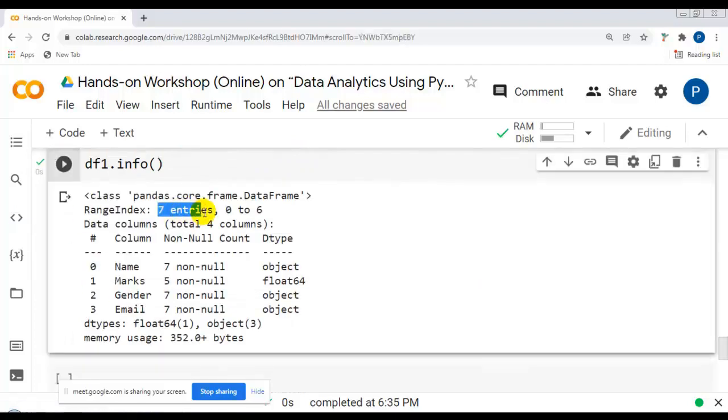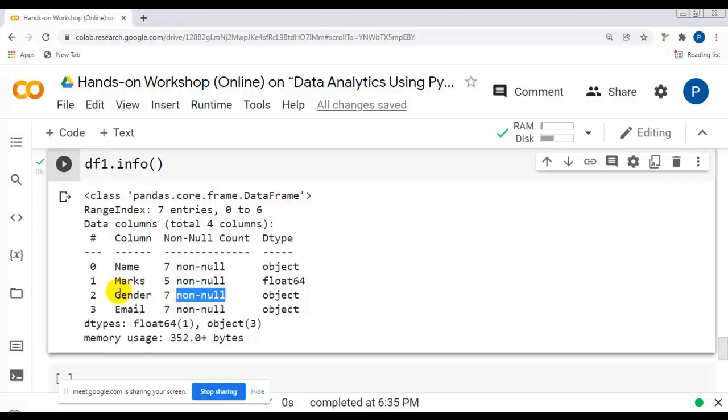You can see total we are having this many rows with index 0 to 6, and total 4 columns, and you can see the column names: name, marks, gender, email, and these many non-null values. Total 7 non-null values in this particular column, total 5 non-null values in this particular column. Means 2 values are missing in this particular column.